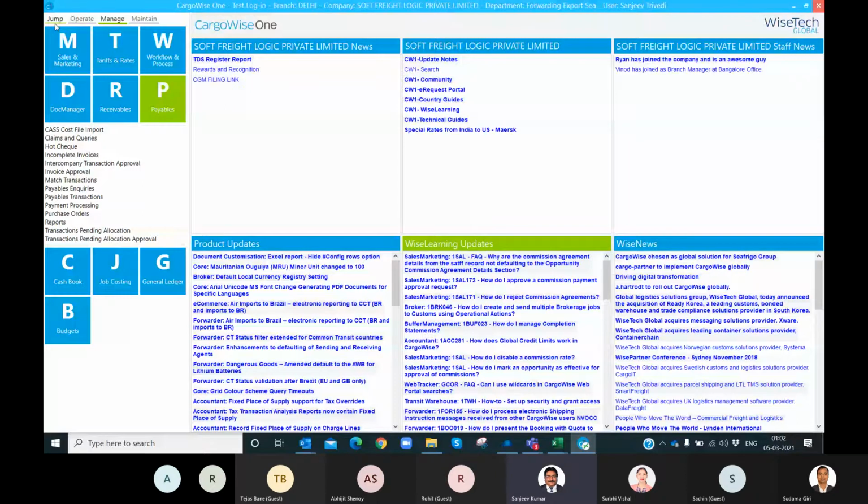First the request can be processed, and once it is requested, the next level will approve. If approved, it can be directly posted there, or the executive who has been given the security right after approval can post those in vendor invoices. That is there inside CargoWise.